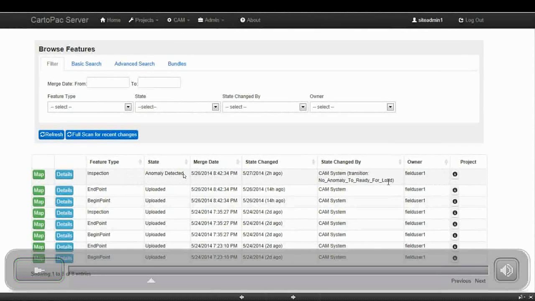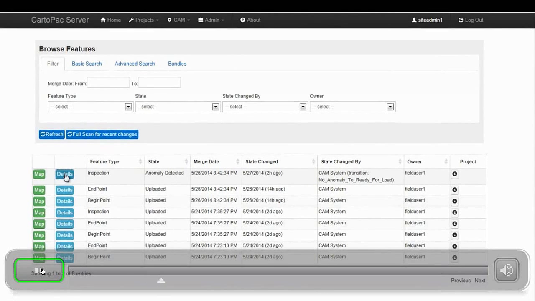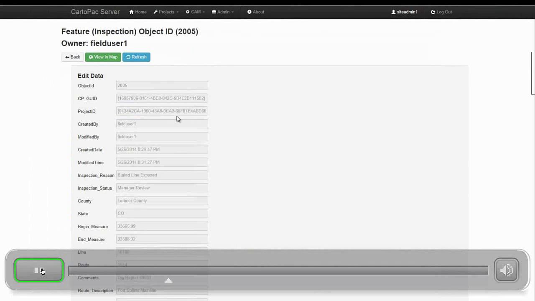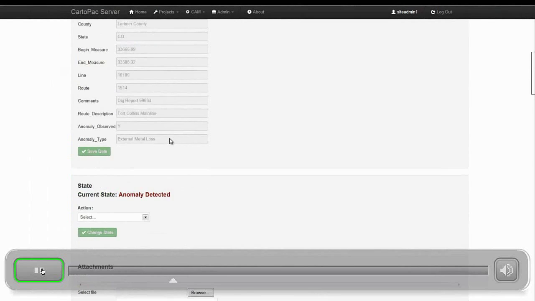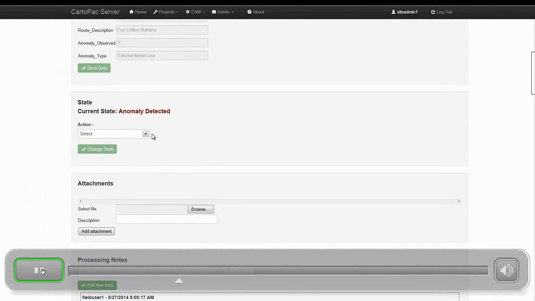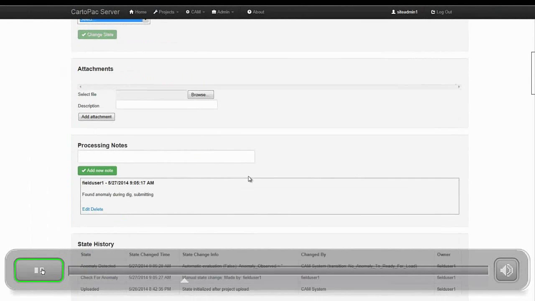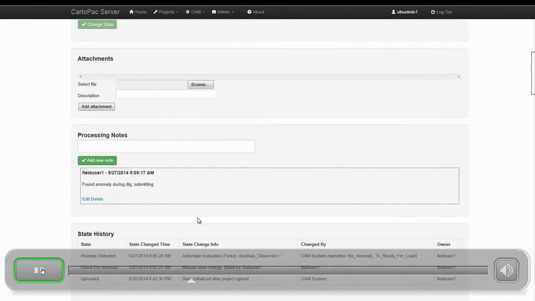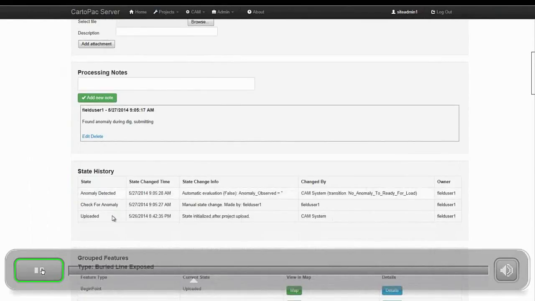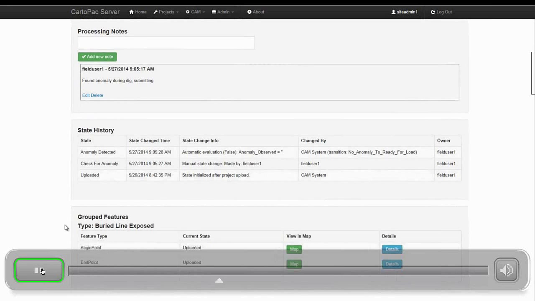Right? So you can see here it's now in the anomaly detected state, which was an automated state. So my job may be then to go look at the details. Again, perhaps there's some associated ILI data here, or there's some other supporting documentation that I'm using for my review. Perhaps my job here is to see if this is going into just regularly scheduled maintenance or if there's an immediate repair needed. Again, we're kind of just glossing over some of those details here to get to the end